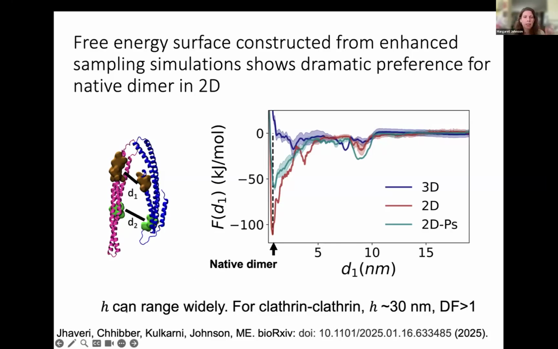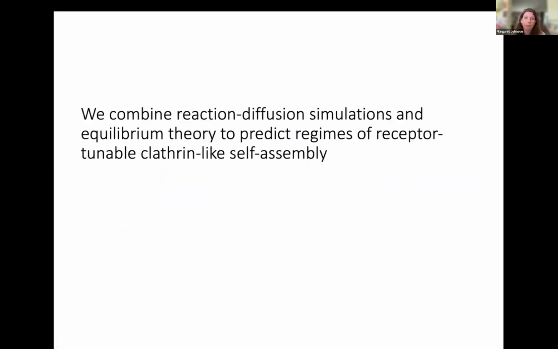And so one of the takeaways is that this length scale can actually range quite widely. We learned from comparison to some in vitro experiment, it's on the order of 30 nanometers for clathrin, which means the dimensionality factor is greater than 1. The membrane can help you assemble. So we're going to combine simulations and equilibrium theory. This is very recent work, the theory from my postdoc Sam, to predict regimes where a receptor can tune this